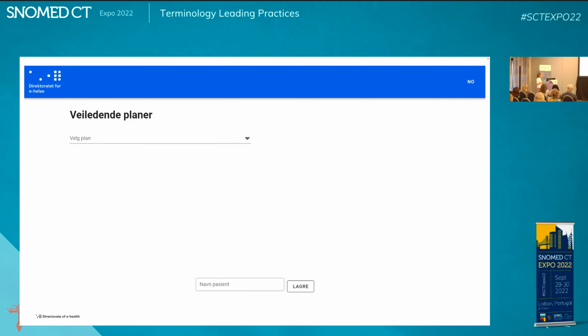We have also programmed a simple demo to show how the care plan can look and act in an EHR. This prototype retrieves data directly from Snowstorm. In the right corner, you have the possibility to change languages. Here you see the Norwegian and the English,